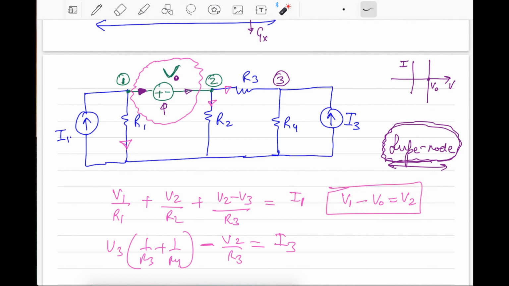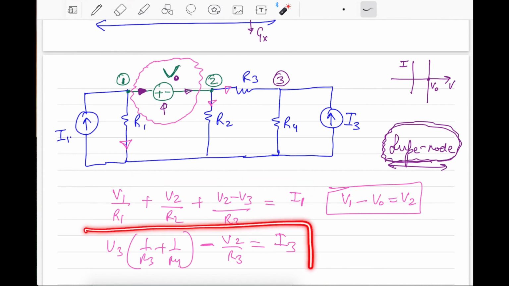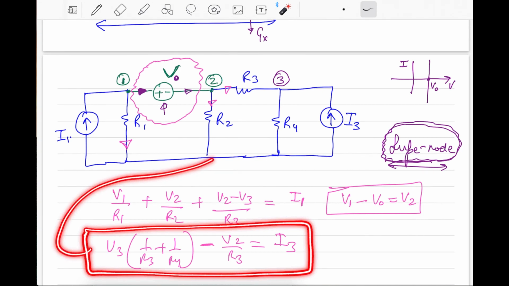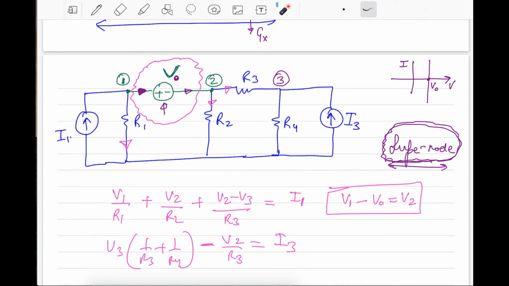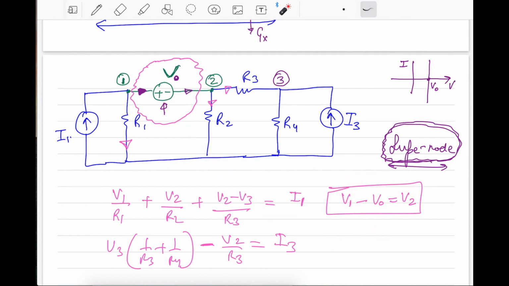So this equation you obtained through the supernode. This equation you obtained through normal nodal analysis, which we have been doing since our earlier lecture, and this is the simplest relation that you have between the two nodes V1 and V2. The relation between these two is defined using this V0 battery which is in between the two nodes. So once you have these three equations and three unknowns, you can easily solve for the answer,